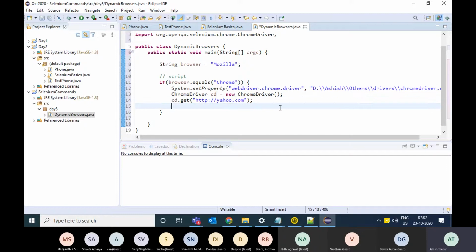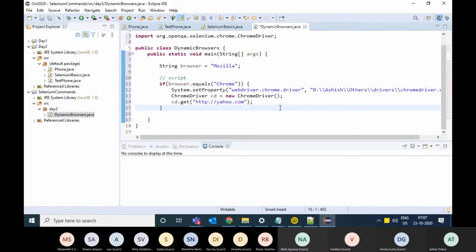Then put an else if statement, the browser is equal to Internet Explorer, or Mozilla, anything.